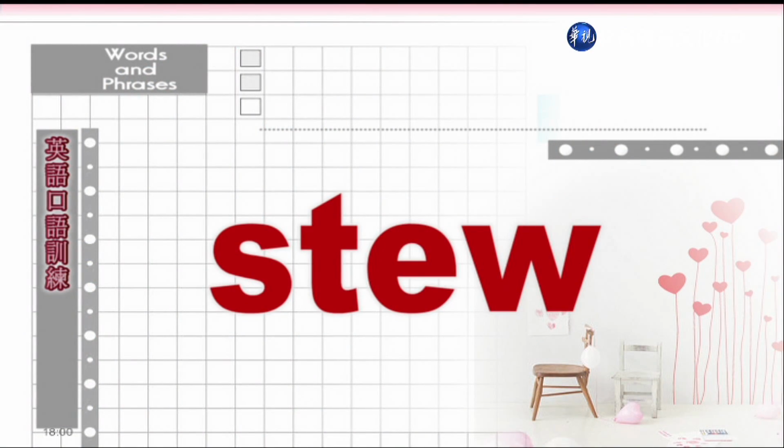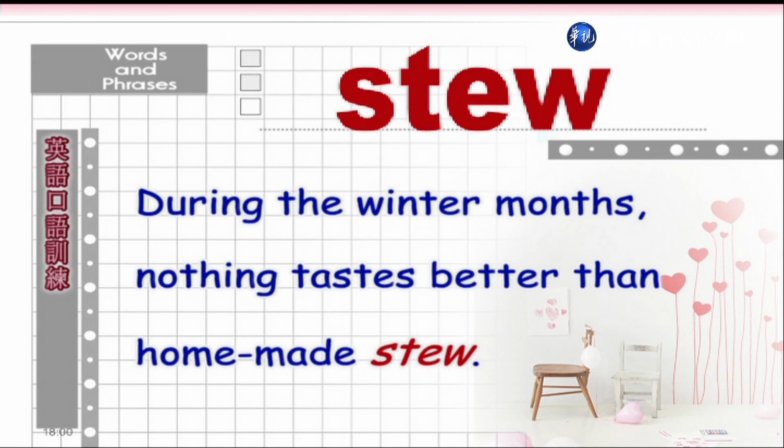Stew. Stew. 炖肉。During the winter months, nothing tastes better than homemade stew. 在冬天的时候，没有什么食物能够比得上家常炖肉更好吃了。